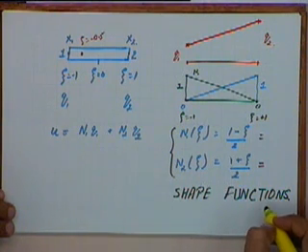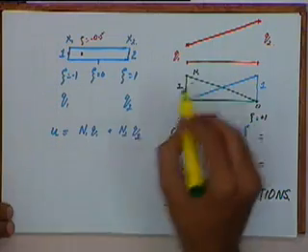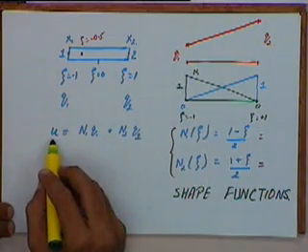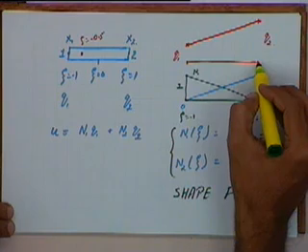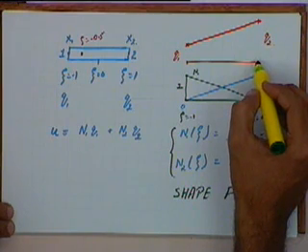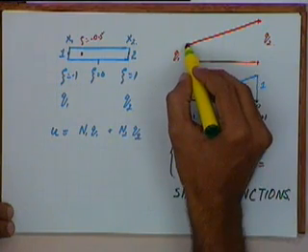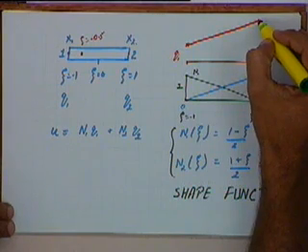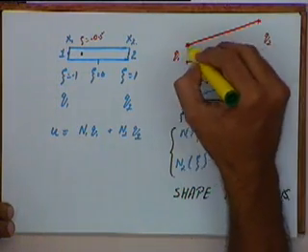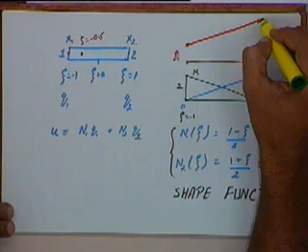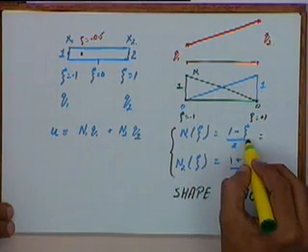Basically these shape functions are defining the variation of u, that is deformation along the element. I said it is a combination of the deformation at point 1 and the deformation at point 2, and I am assuming it to be a linear combination, that is I am using linear shape functions.